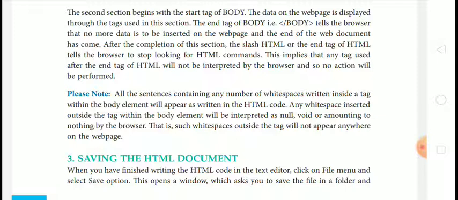This statement is saying that if you have closed the HTML tag and after that you are writing something, that will not be interpreted by the browser because you have closed the HTML tag.